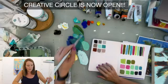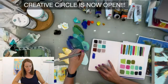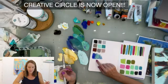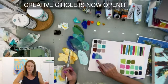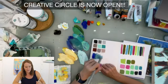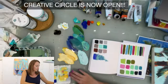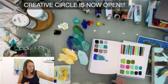And it was, why does everything kind of feel blended together? And if that's what it feels like, that everything feels blended together, it's because you're working wet into wet. It's because you're doing this with your brush. It's because you're futzing and overworking it. If you want defined brush strokes, what you need to do